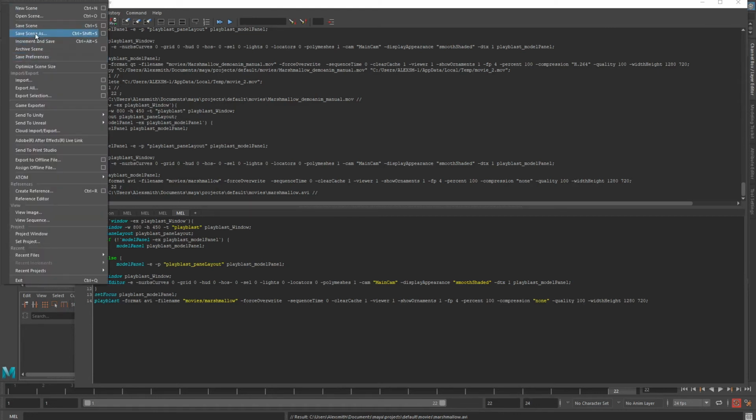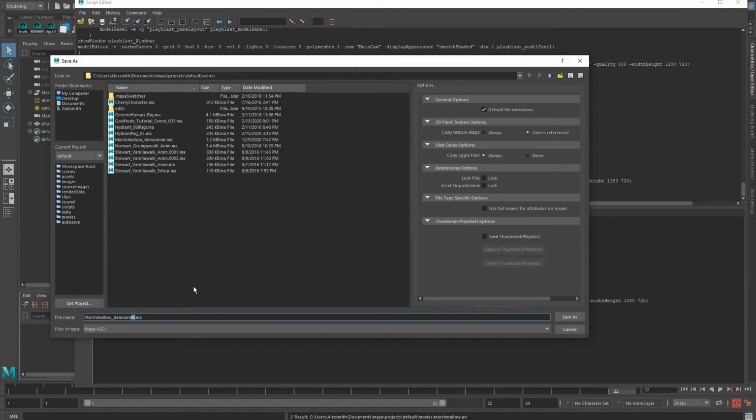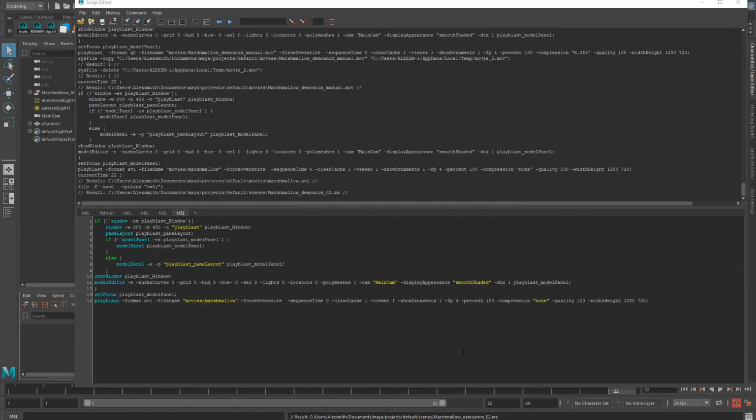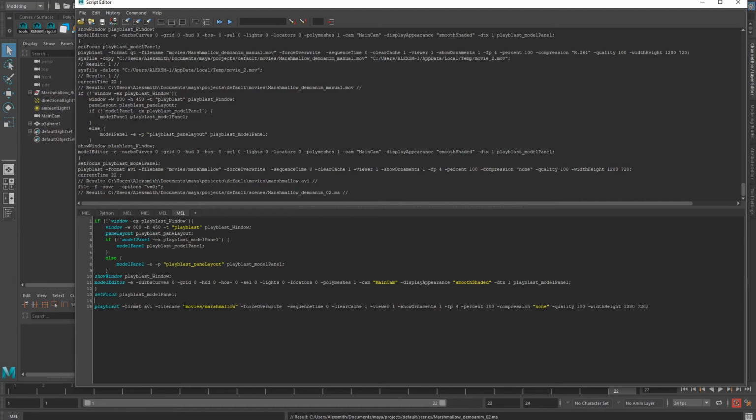So if I save this as demo anim underscore 02, I'd want my video to be called 02. This video is for version 02, this one's for version 03. So I'm going to make this a universal code. So instead of file name, I want to create a variable that has the name set in it. So first, we need to find our file name. So I'm going to create a string variable file name, and the file name equals file query